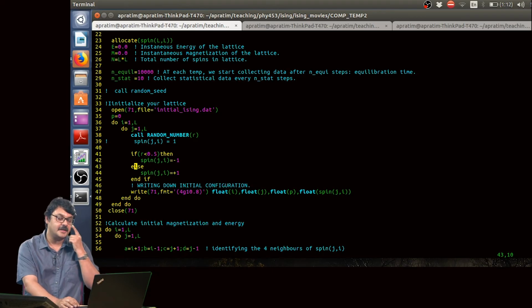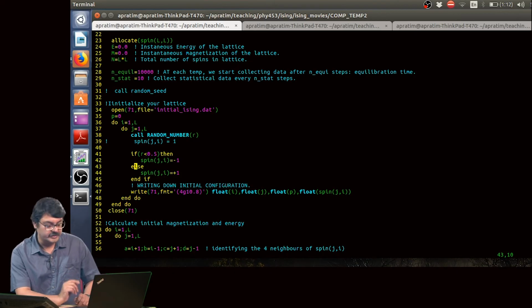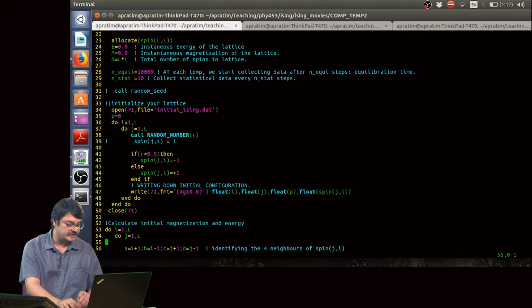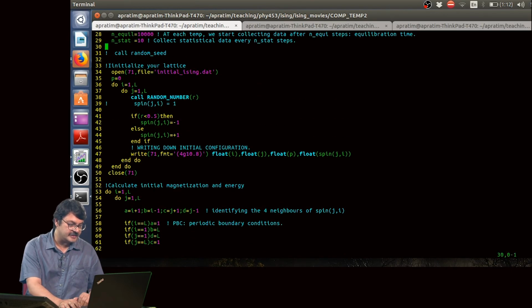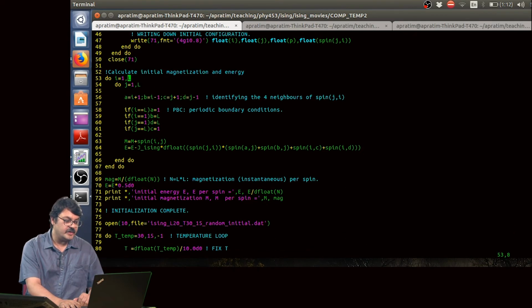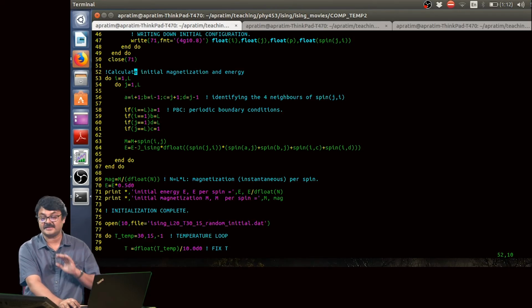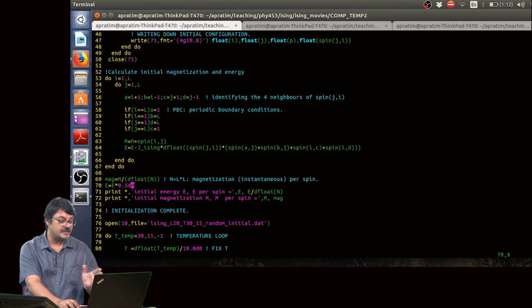However, later we shall see some artifacts, especially at lower temperatures, if we start from lower temperatures, but we will discuss that later. So what we have here is the initial condition, then I calculate the initial magnetization and energy of the entire lattice. This is exactly as before, and then here we calculate the magnetization per spin and the energy per spin and print it. This is exactly as before.